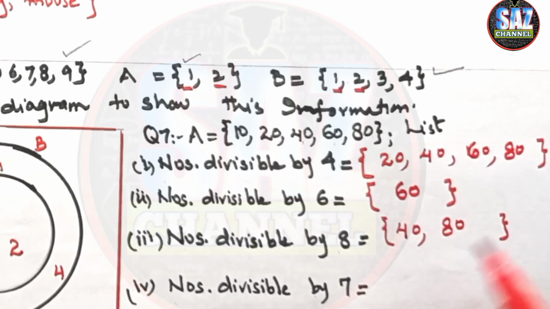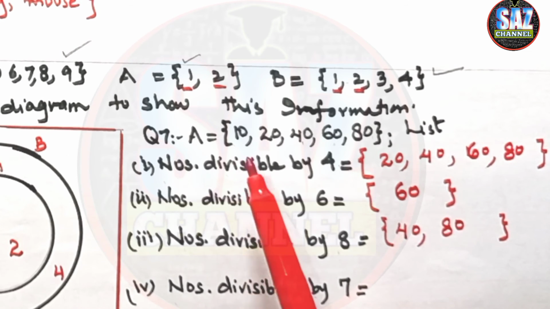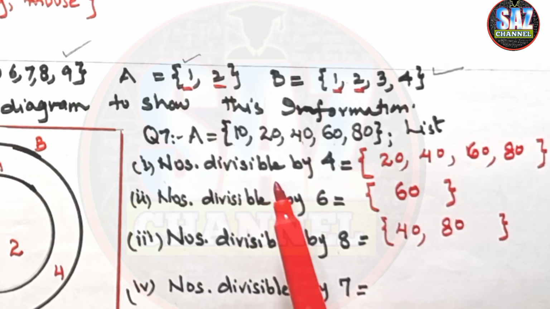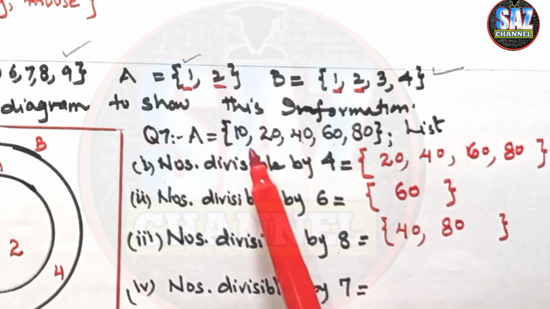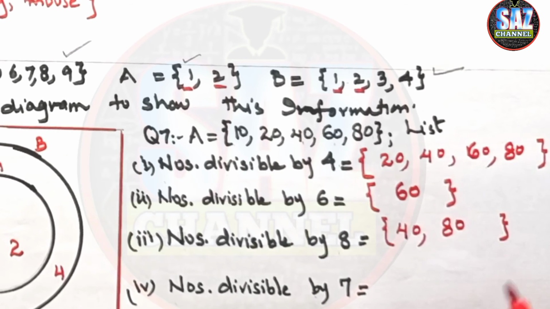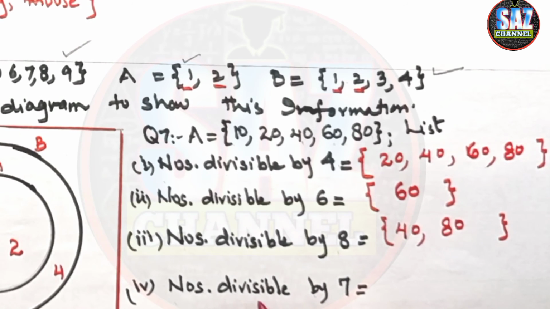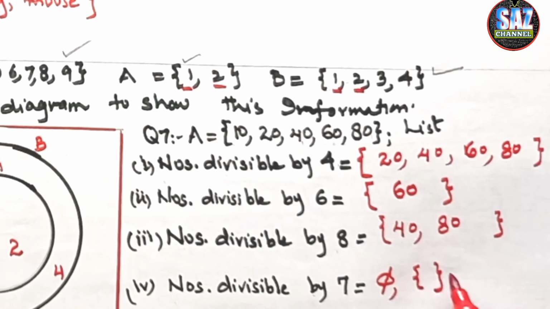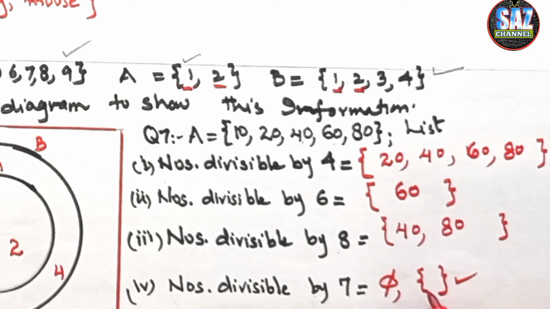And coming to the last part, that is numbers which are divisible by 7. So we have to think about the numbers from the given set which are divisible by 7. All the numbers are having 0 at the end, and we do not have 70 with us in the set. So there is no number which is divisible by 7 from the given set. Okay, so the answer for the numbers which are divisible by 7 is the empty set. Either I can write it in this way, or I can put the flower bracket like this, but I don't have to write anything inside the bracket. I hope you are clear about this question.